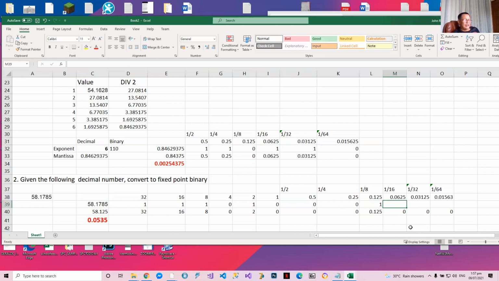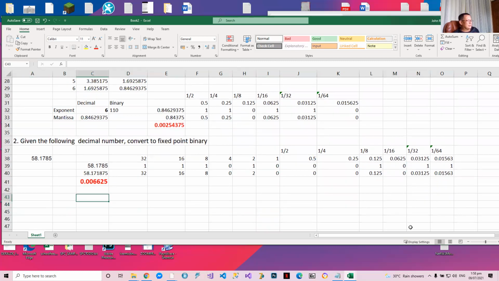Can we 0.0535? We can pick. Can we pick this? No, because it will become negative. Okay. Can we pick this? Yes. Can we pick this? Yes. Okay. So we are now at the 6th binary place. We stop. Okay. So the next thing to do is to